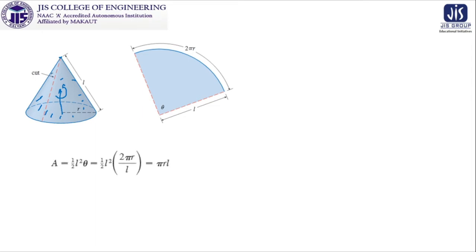And what we see is that the area will be half L square theta. Why is it half L square theta? Because it is actually the formula for S, where S means the curved surface. So how do we measure this theta? We know that S equals r theta, so theta is equal to S by r. Now S is this one, 2 pi r, and r is L. So that is why theta is 2 pi r by L. So theta is replaced by the relationship S equals r theta, and this area is half L square theta.